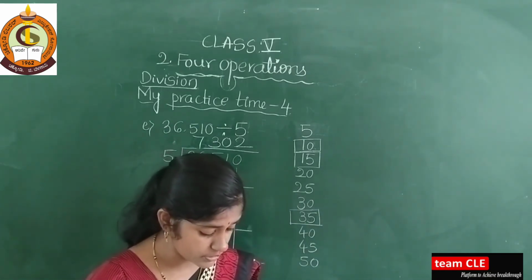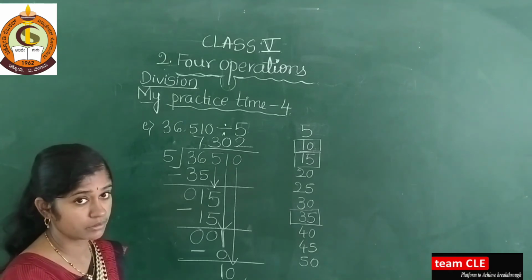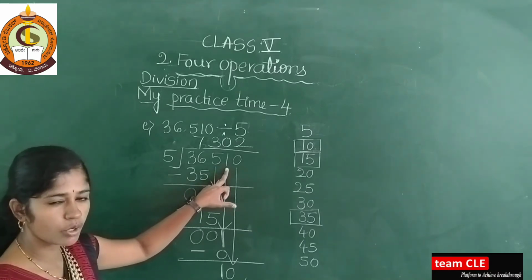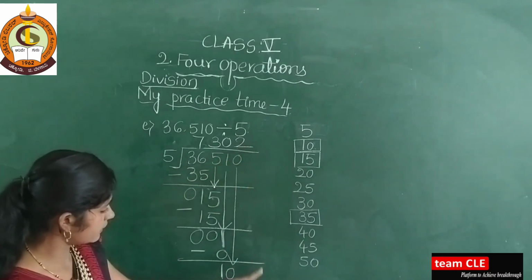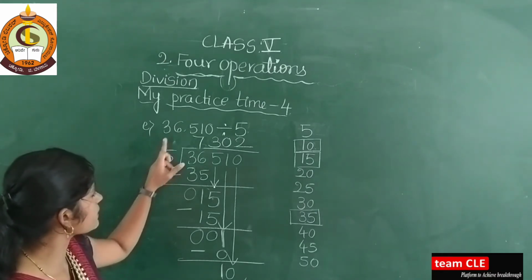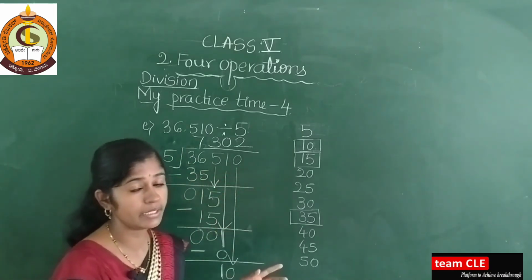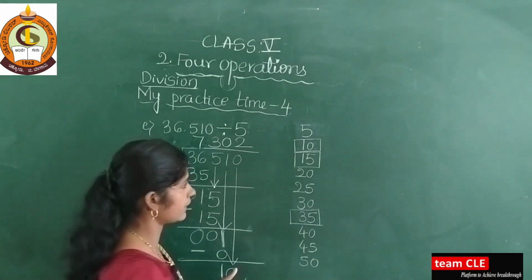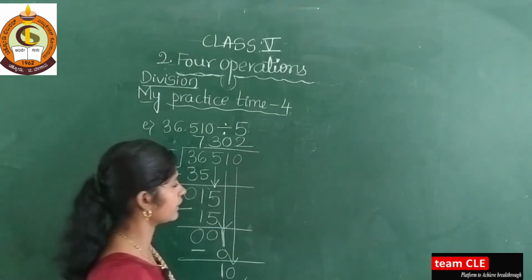Your first question says, divide the following and verify your answer. Now I have divided the number, and I have to verify my answer. So tell me, what are we calling this? Dividend. This is the divisor, this is the quotient, and this is the remainder. By multiplying this divisor and quotient, if I get the exact dividend, then whatever I have divided is correct, meaning our verification is done. If I made any mistakes, then I will not get the correct answer.